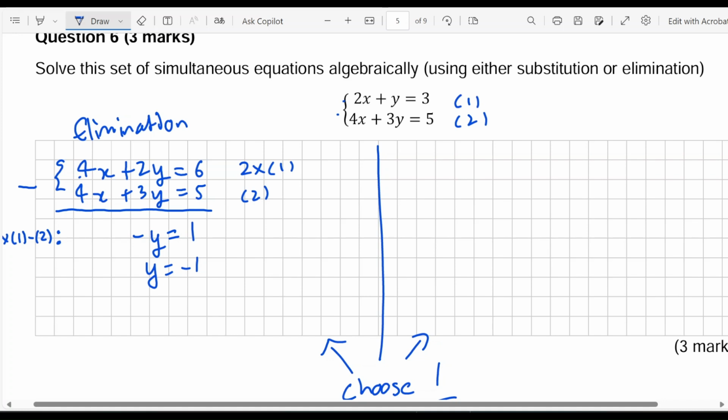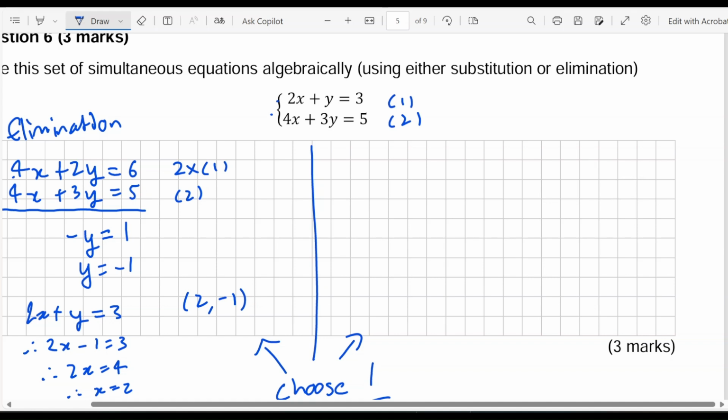Maybe this top one is going to be the simplest. So 2x plus y equals 3. So that's 2x take 1 equals 3, which gives us 2x equals 4. So x is 2. So we get 2 with minus 1 as our answer there. Now, substitution. What we can do is rearrange equation 1 to get y equals 3 take 2x, and then plug